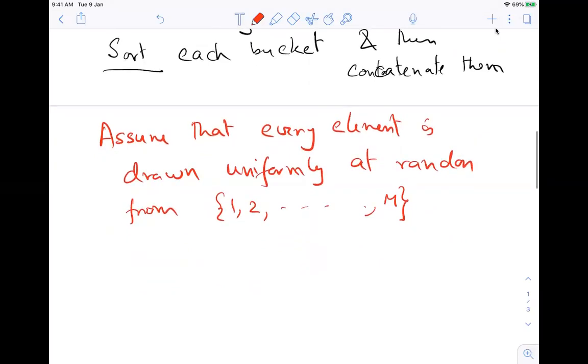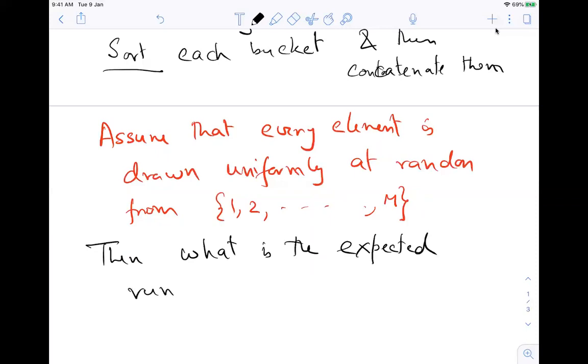In that case, what is the expected runtime of bucket sort?